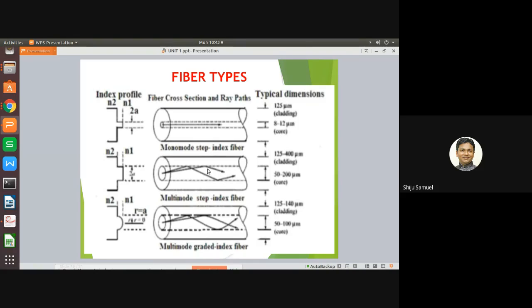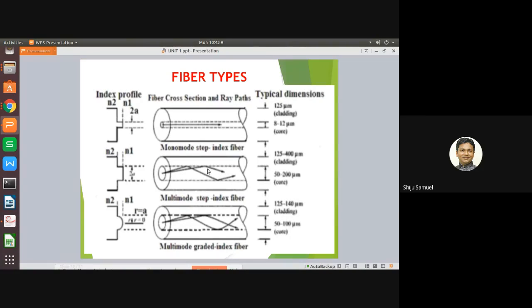And in it you can also see rays. Rays should be transmitted in the core diameter. While what happened? It is a straight ray. There is no reflection anywhere. Single rays are going on. So what happened? This is the specialty of single mode step index fiber. That means broadening of transmitted light pulse, as only one mode is transmitted. Another thing is there is no reflection in the rays.